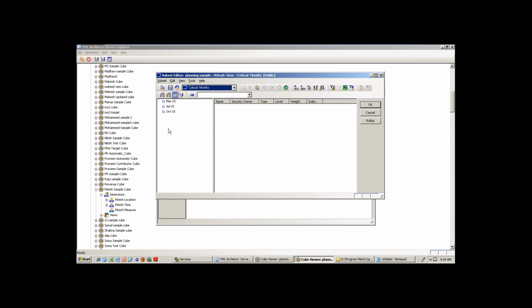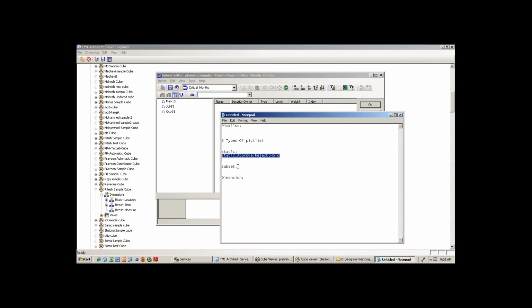It is not like a static. Static means I can write these three values and then it's done, and in the drop down it will appear. But in future, if something is added, it will not show in the static. Am I right? Static is just static. But I want it to appear if in future any extra month is added. How to do that? So for that, subset pick list.